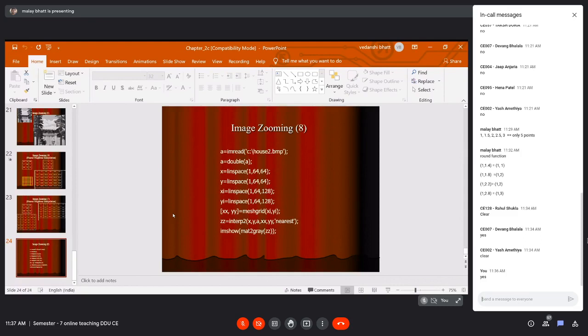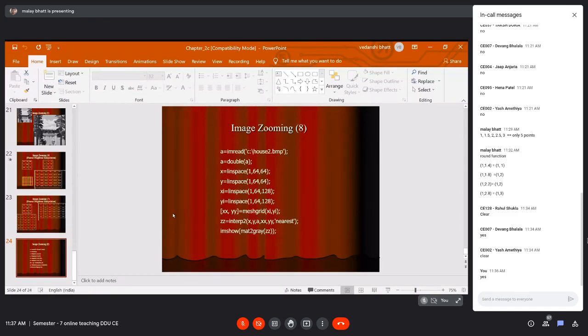The output image goes from 1 to 64, and we want to convert it into 1 to 128. So the 64 cross 64 image is converted to 128 cross 128. There is a function known as interp2 in MATLAB, the interpolation function, with the keyword nearest.